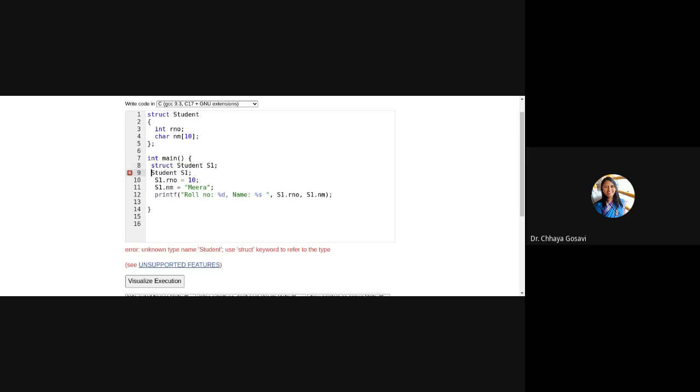I'm using structure after a long time, just bear with me. Instead of a character array, I'll take float here, because in C language we don't have a string data type. So I have to take a for loop to assign a string. So instead of that,